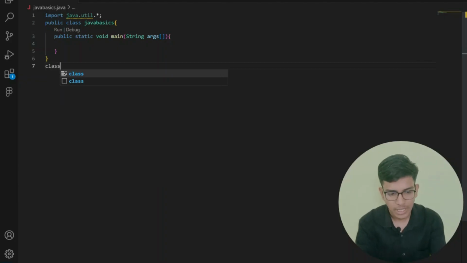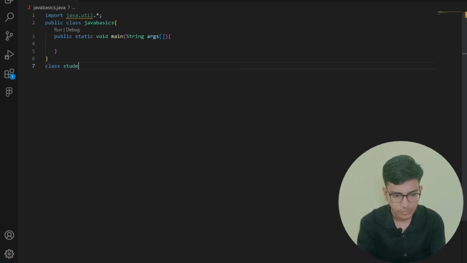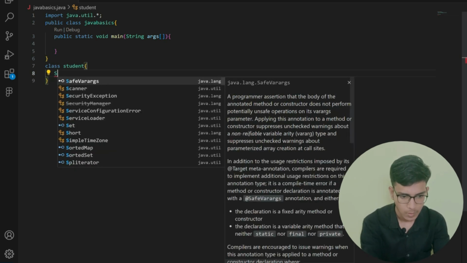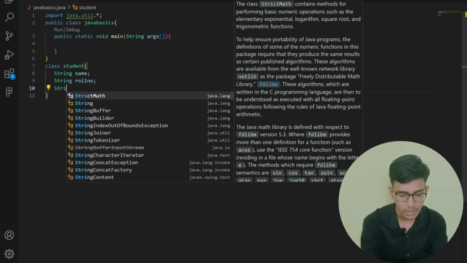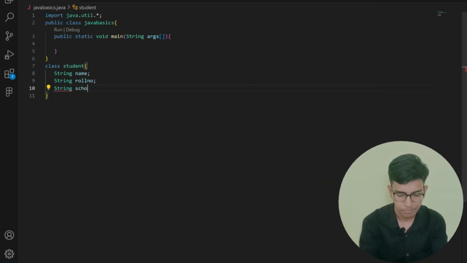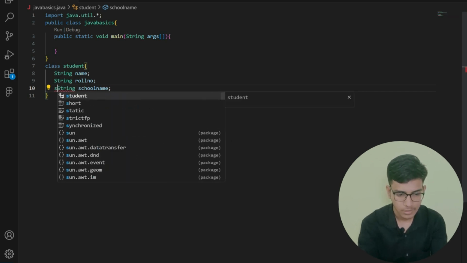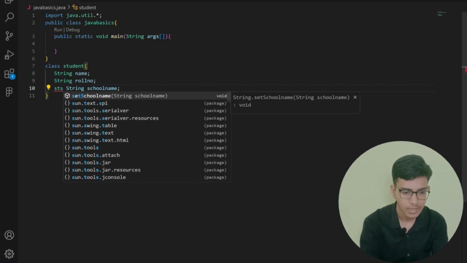Now I am going to create my class, that is class student. In this I am going to write string type variables, that is string name, after that string roll number, after that string school name, right? Now I am making this school name attribute a static, so I am making it as static,